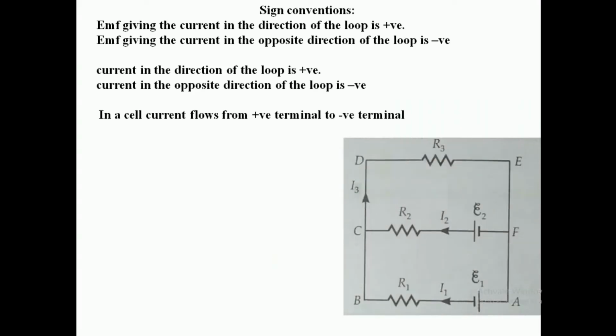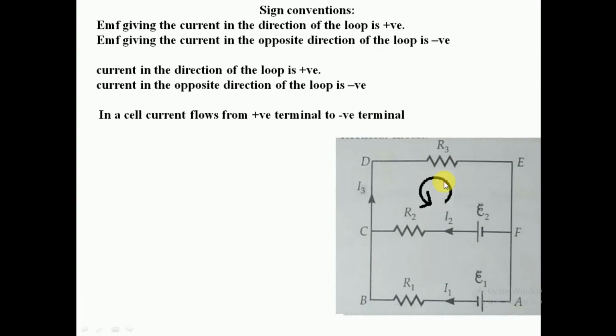So to use this rule I have to consider one loop. So I'm considering the loop in this direction. So this is the direction, anti-clockwise direction, and all the EMF giving the current in the direction of loop is taken as positive, and all the EMF or cells giving the current in the direction opposite to the loop is taken as negative, and current flowing in the direction of loop is taken as positive, and current flowing in the direction opposite to the loop is taken